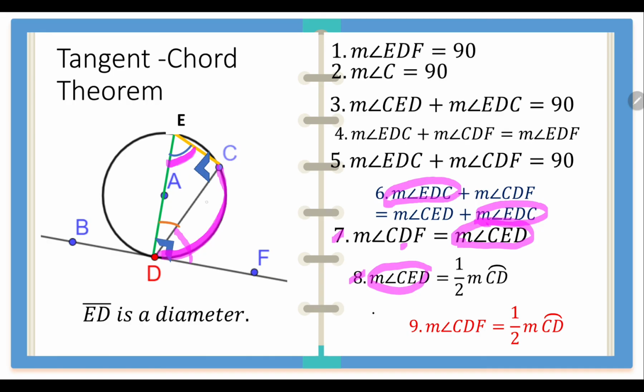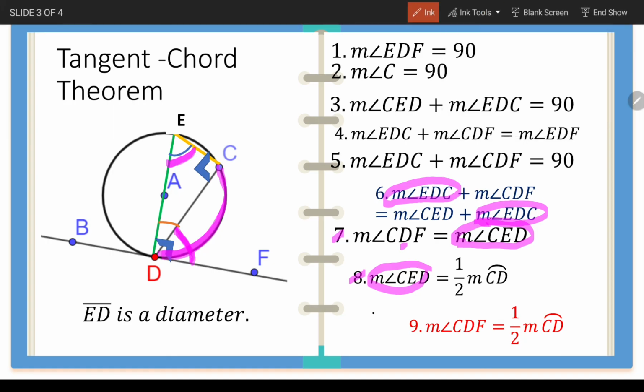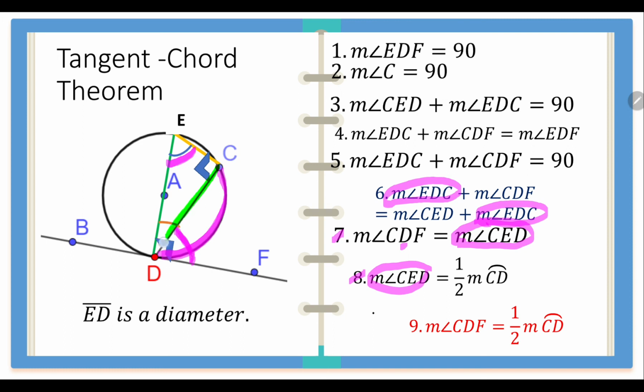Angle CDF, which is this angle here, is the angle that is actually formed by the chord CD, this chord here, and the tangent segment BF. And the intercepted arc is arc CD. This is the arc CD, which is actually the tangent chord theorem,